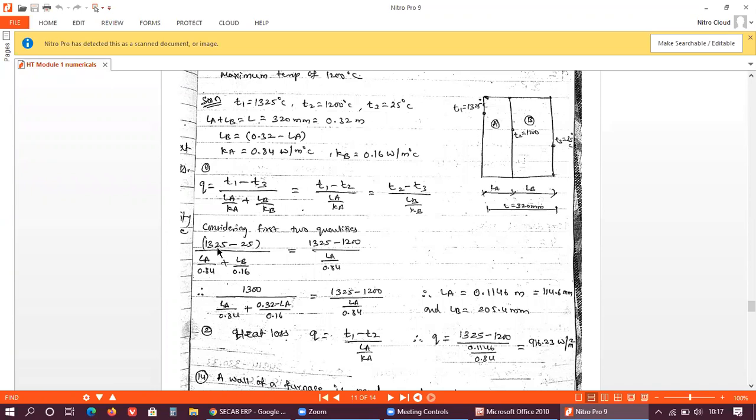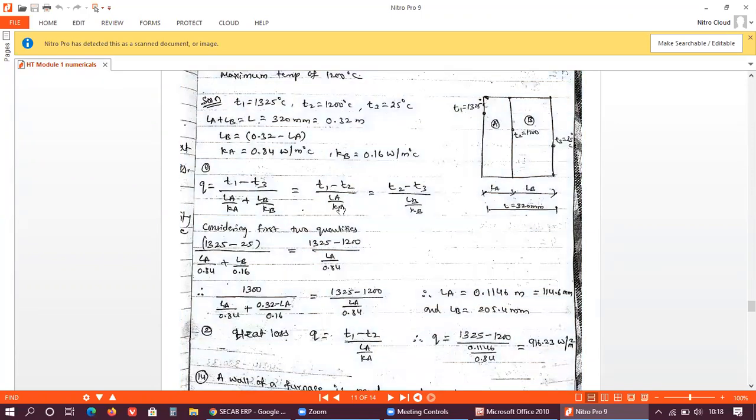So T1 is 1325 minus 25 divided by LA divided by Ka, that is thermal conductivity of the first wall, it is 0.84, plus LB divided by KB. So LB value is to be calculated and its thermal conductivity KB is given, 0.16. So this is equal to,